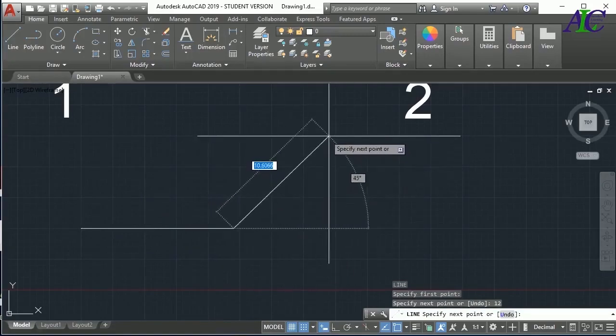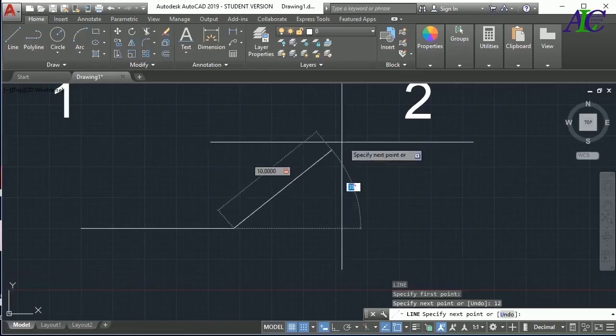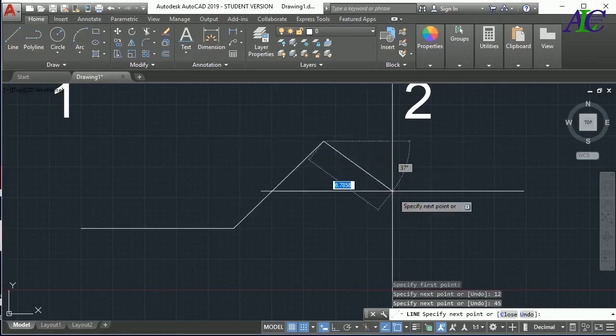Also, you can draw a line with a specific angle, like the length of the line and the angle. So now I'm going to draw with 10 length, then press Tab and specify the angle, maybe 45. Okay,